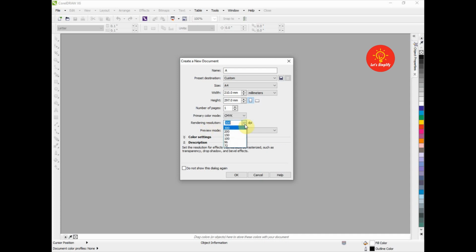The next is rendering resolution. We are going to set our resolution at 300 dpi. Over here we can see the preview mode. We are going to select the preview mode at enhance and click OK over here.